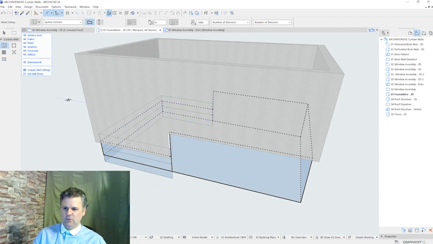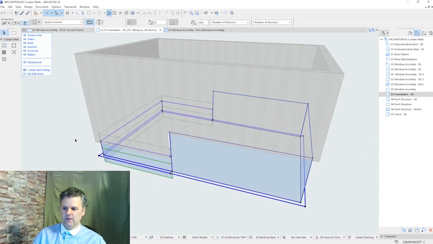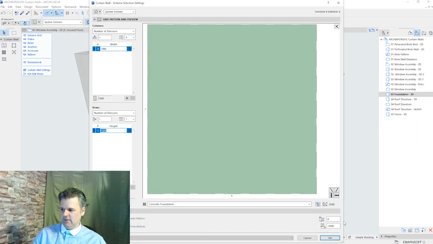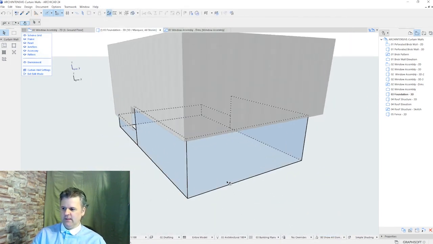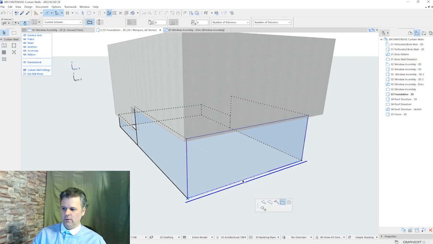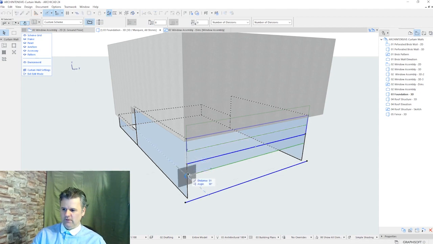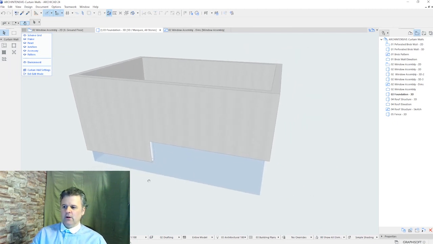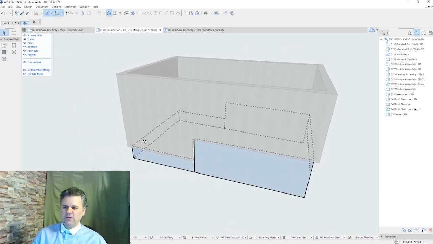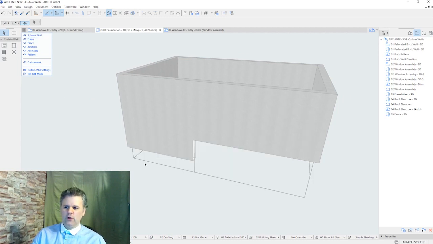Yes, and I think what I need to do is I will need to set this segment pattern origin to 0, 0. Yes, that's right. And now we have this segment left. We have to make this higher by 1500. Okay. Actually, we have to move this one as well to here, so it properly aligns. Okay, now we have these geometries, and now we are going to use frames